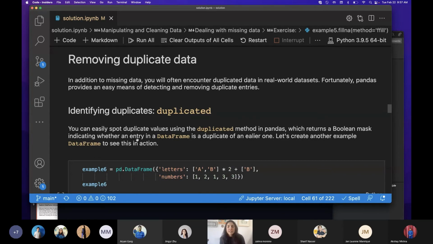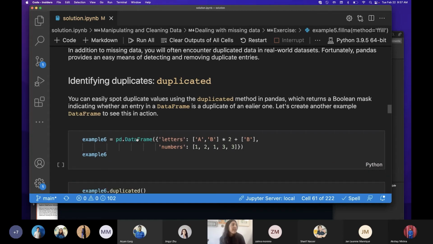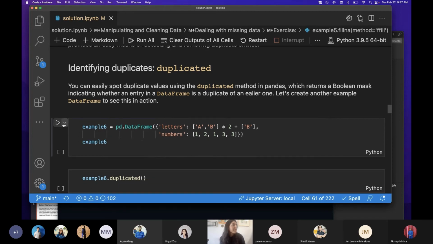Another thing you'll see really commonly is duplicate data. So you'll have the same data point represented multiple times in a table, for example. And there is a duplicated method, which is really useful, and you can use that to see